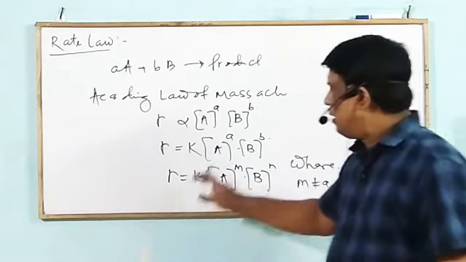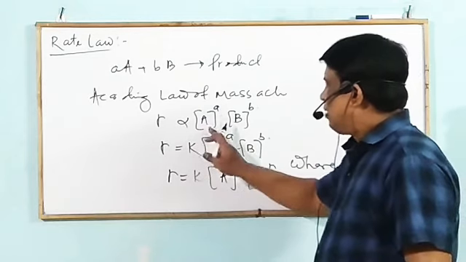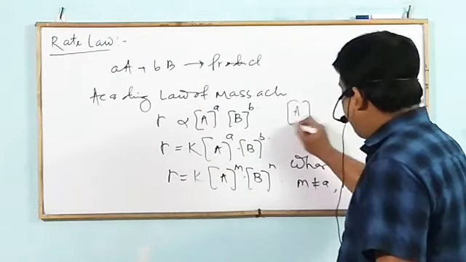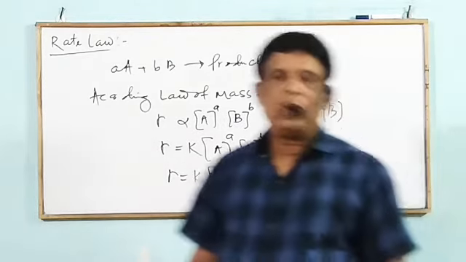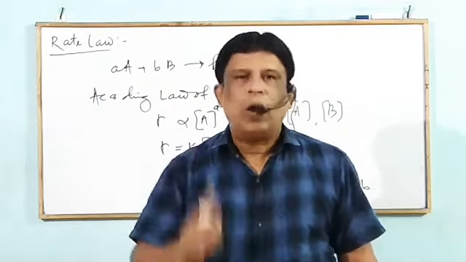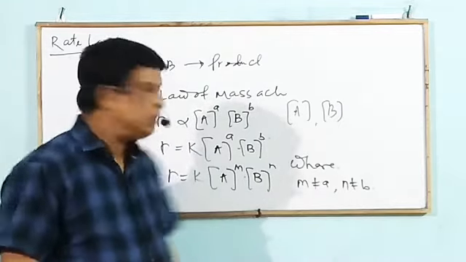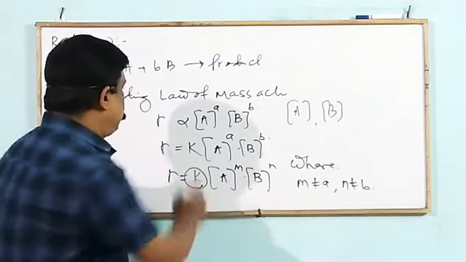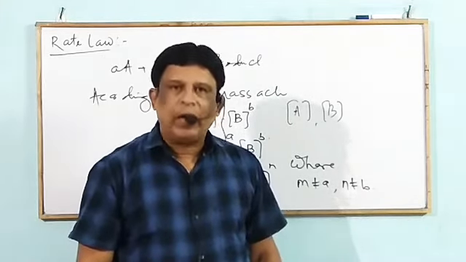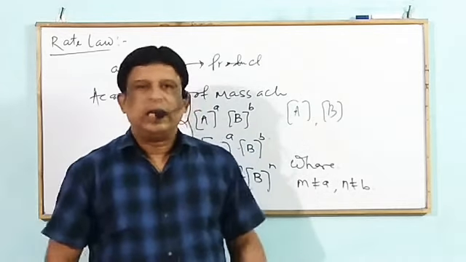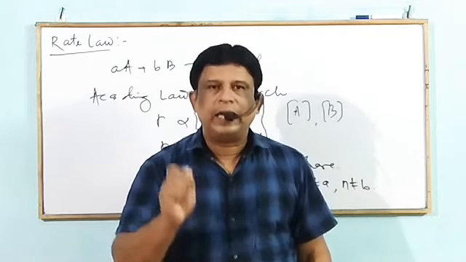So here we observe that R represents the rate of reaction, proportional to molar concentration. The square bracket of A is known as [A], and [A] and [B] represent molar concentration in moles per liter, or active masses, of the reactant species A and B. And here this k is known as the proportionality constant in the rate law expression, which is known as rate constant or velocity constant or specific reaction rate.